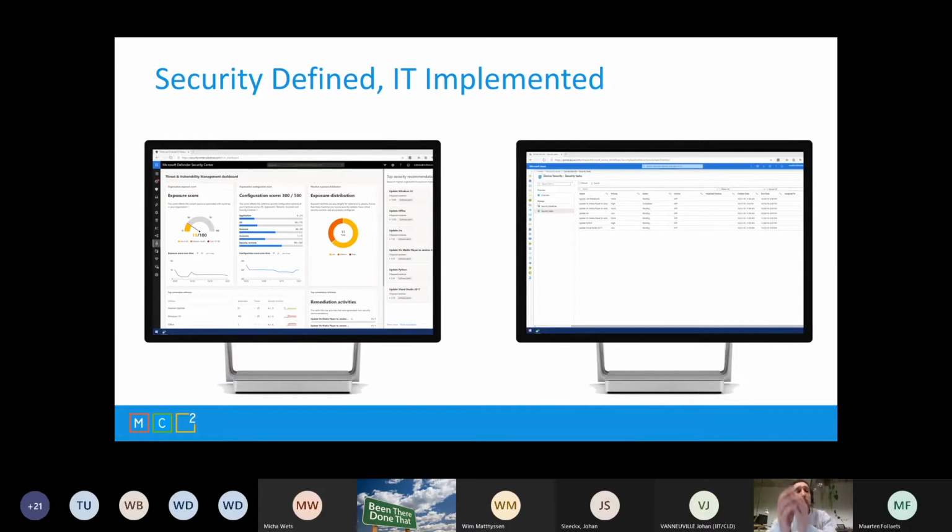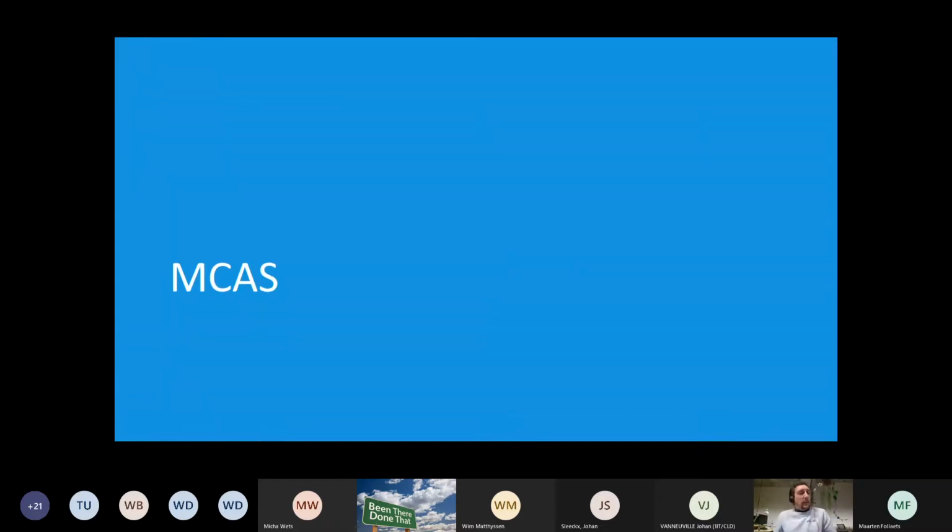So if we have two teams, the security team, and they see that we have an exposure, there is an app that is outdated, or we have a security recommendation, they can trigger a remediation, and it will pop up in a security task. So the endpoint team can pick it up. It's also very nice, but I'll be showing this also later. Like I said, I won't be talking lots in the slides, so we're going to go rushing through them so we can dive into the demos.